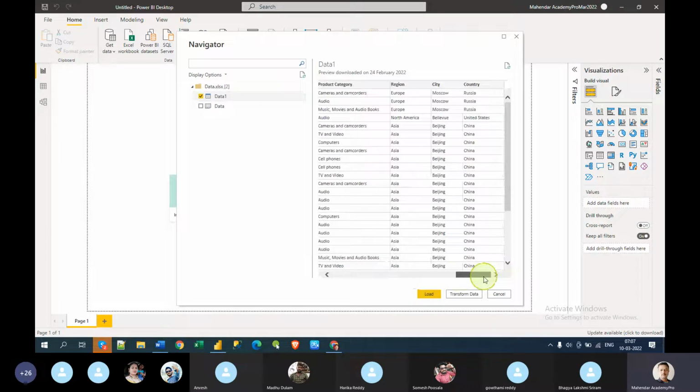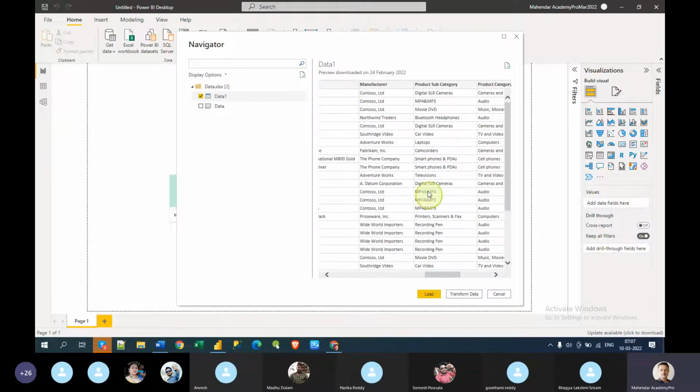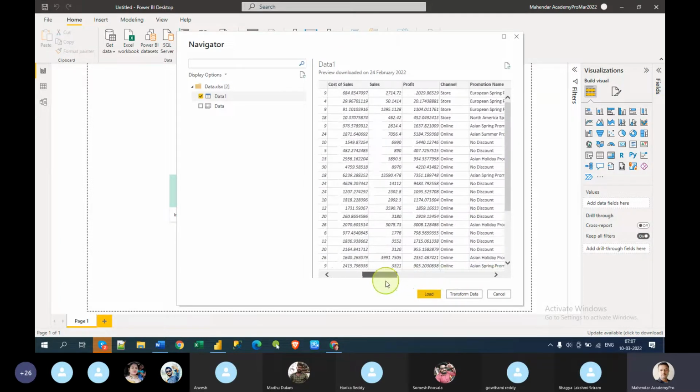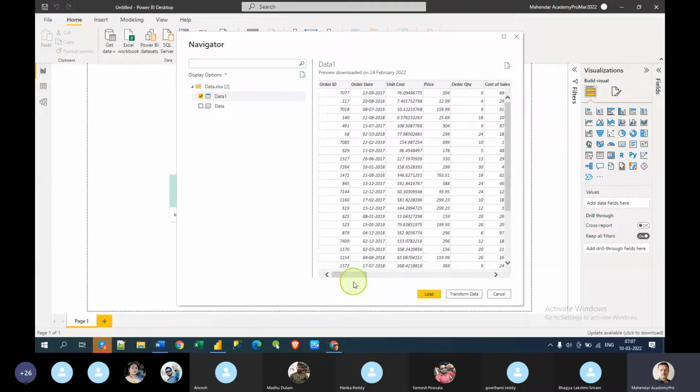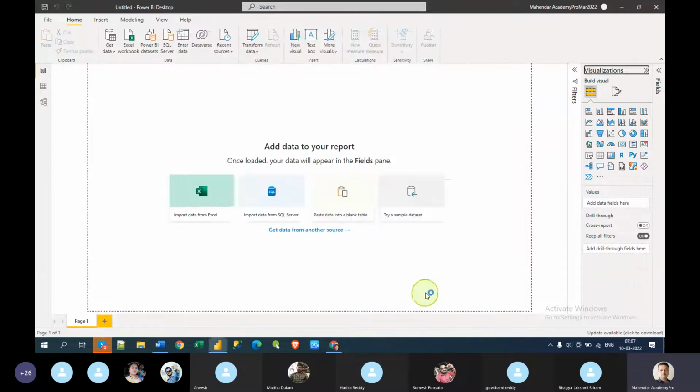But still, on top of that, if you want to create a region table, you can create the region table, and you can create a product table, and we can create a manufacturer table, but my intention is not that at this moment. My intention is to create the visualization.